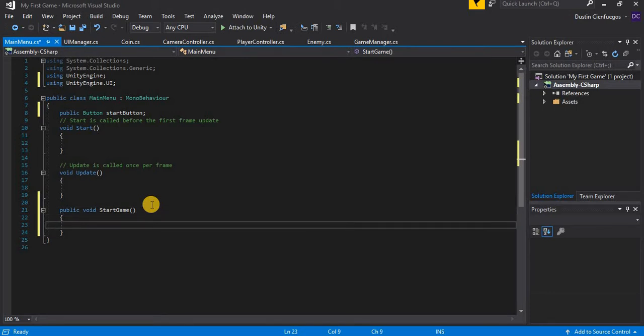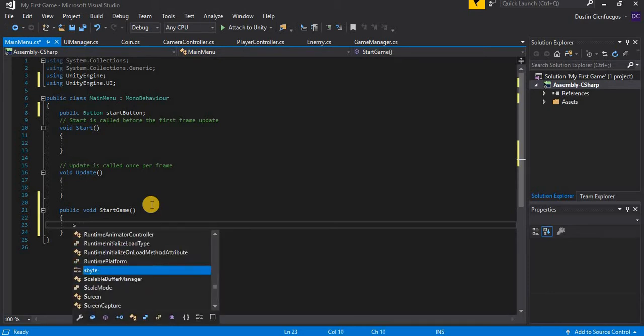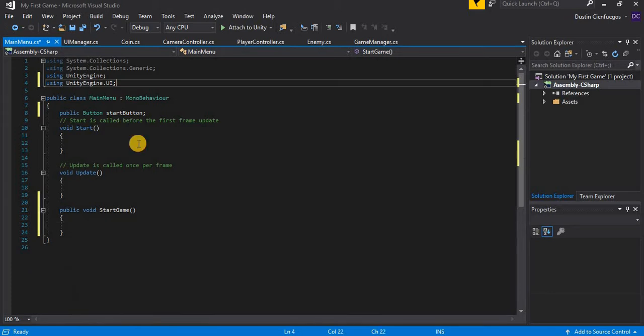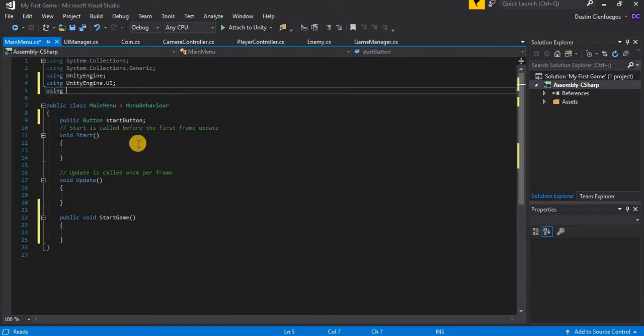We just really want to load up the first level. So let's say scene, oh, you know something? We also need a tag up here to be using our UnityEngine. That's not engine. Dot SceneManagement,